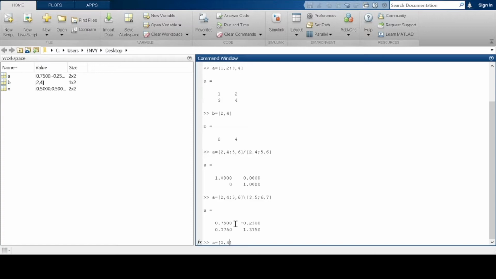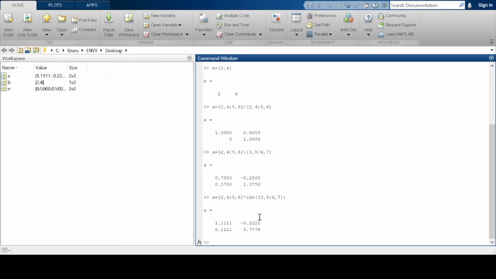We can also try to write this as, we get this result. But remember that what we did here was left division.